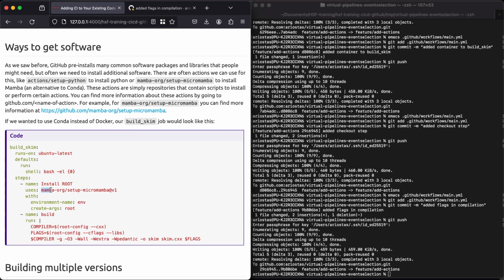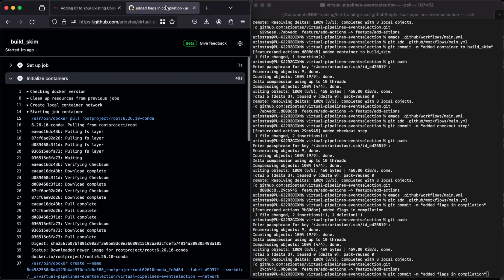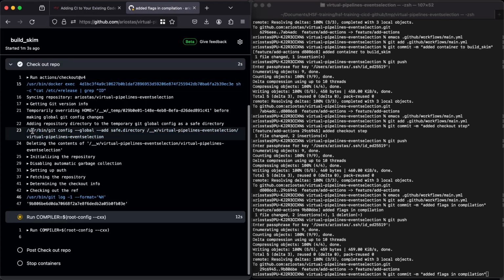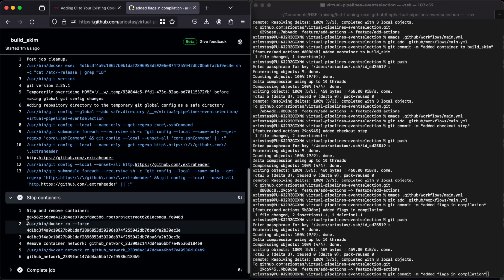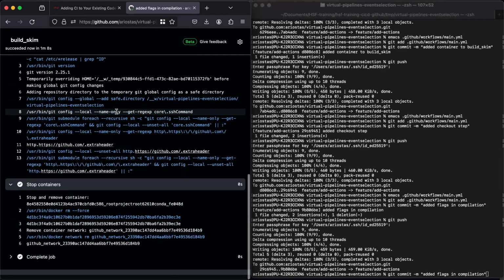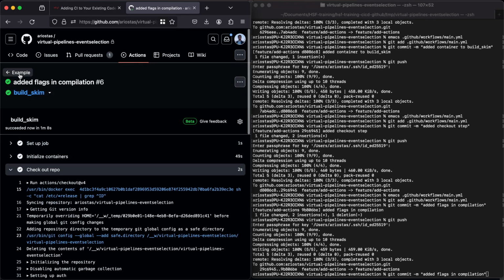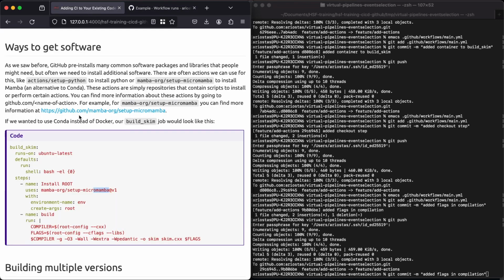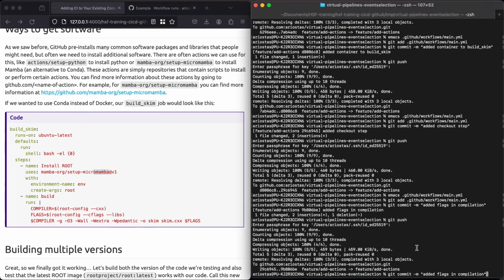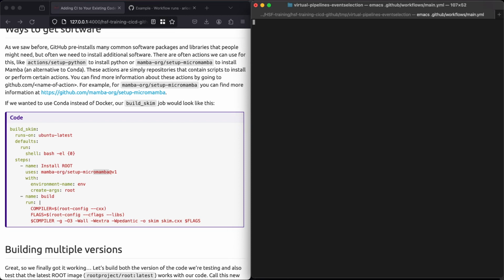We can install root with conda like this, and then we do the other steps as usual. We can try this out quickly over here. Once all this other thing finishes... Okay, it seems like it's going now. Okay, so that just finished, and you can see that now it worked properly and everything compiled and there were no issues. So here, just to show you briefly this alternative, if we open the main file again